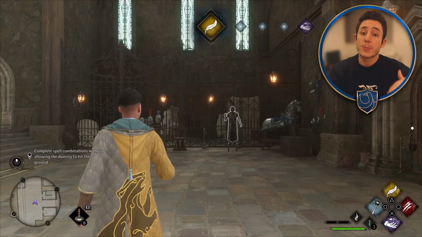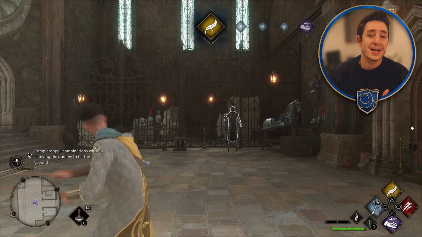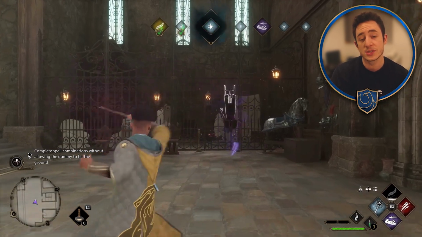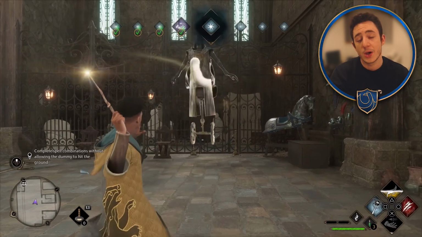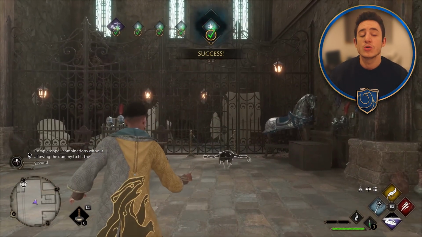as friendly. From the preview we got, it seems that you start off against a training dummy where you have to master certain combinations of spells. You can see the marker above telling you which spell you need to use, and if you don't accurately go through every single spell in order, then you will fail the mission. And the other part to it is you have to do it all while the dummy is airborne, meaning if you take too long to switch between spells and find the right spell, the dummy will fall and you'll have